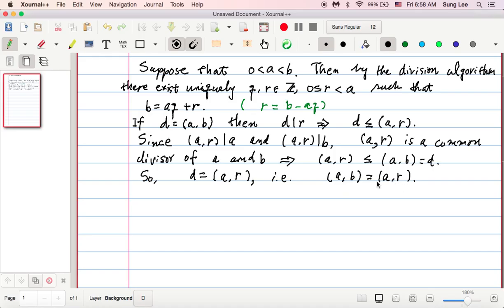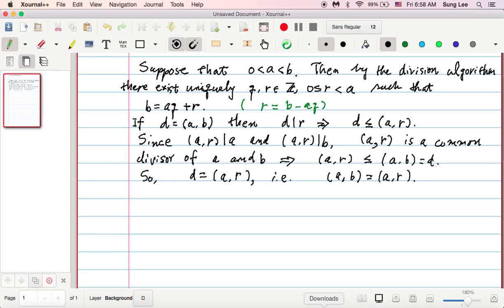So this right-hand side, finding the greatest common divisor of A and R, is easier than finding the GCD of the original pair A and B, right? But it doesn't stop here. This process can continue. You can easily see that the statement we have here, the thing we just proved,